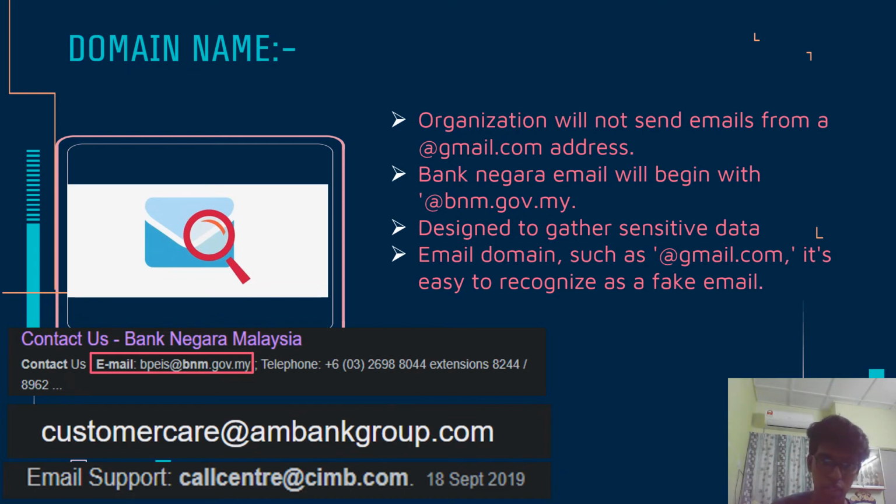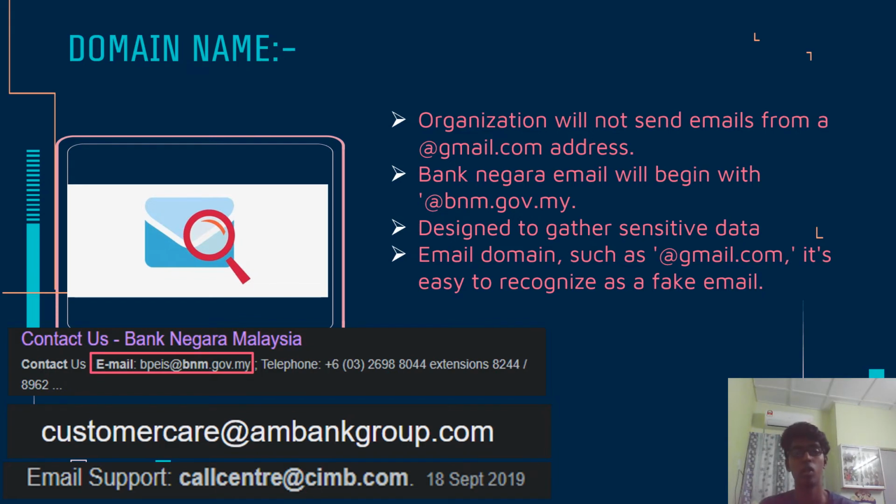The second one is for Maybank. They are using maybankgroup.com, and the third picture is for CIMB Bank. They are using CIMB.com. So each business has their original domain name. The message is most likely real if the domain name matches the original sender.